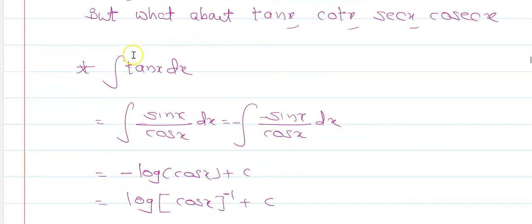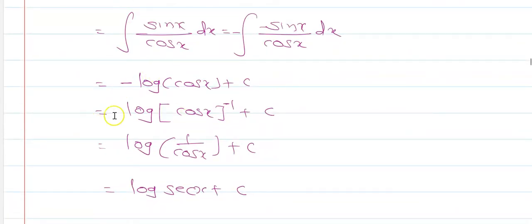Now see this here, integral of tan of x dx. Now this tan can be written as sin of x upon cos of x. Here I treat the function as cos of x. What is the derivative of cos of x? It is minus sin x. But is the minus sign present there? No. I can adjust the minus sign. That is, minus integral of minus sin of x upon cos of x dx. Now here the function is present, and its derivative is also present. Therefore, I had written minus log of cos of x plus c.